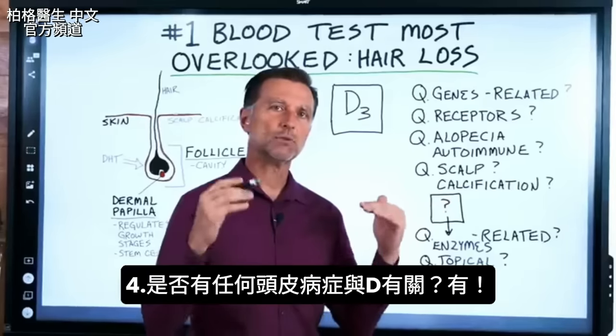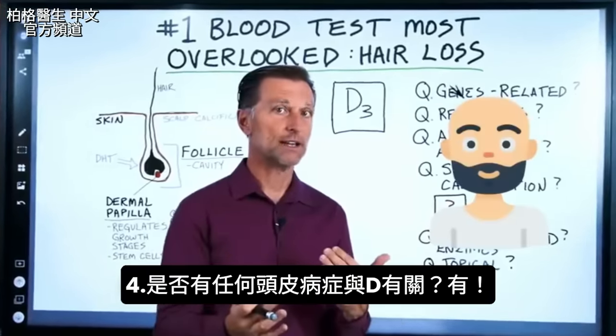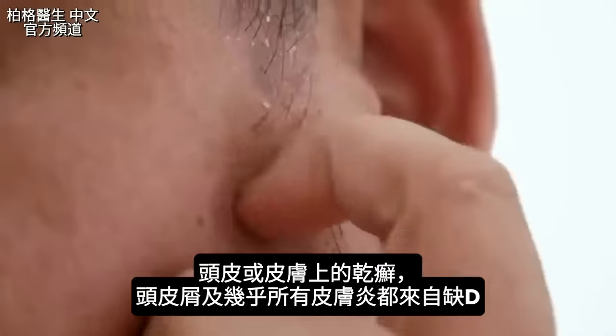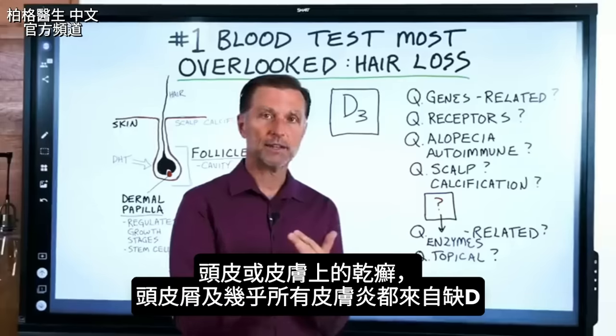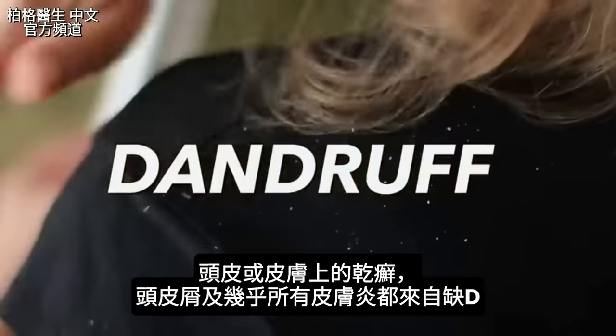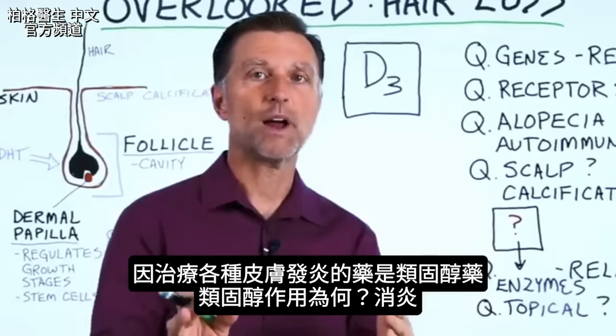Is there any condition related to the scalp that is related to vitamin D? And the answer is yes. Psoriasis on the scalp or on your skin can be a severe vitamin D deficiency. Dandruff is also related to a vitamin D deficiency, as well as almost every dermatitis, because the remedy for all